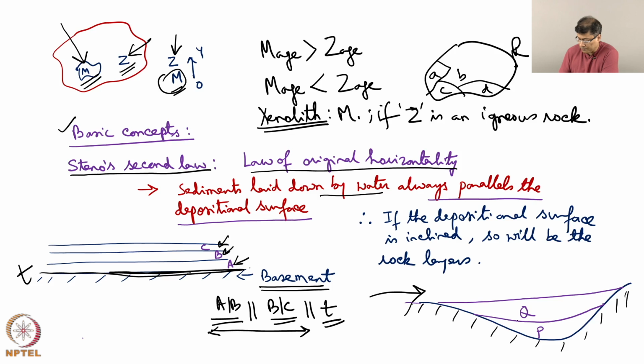We can see here that in this place or in this place the layers are not horizontal because the basement was undulated, and very strictly speaking in these portions the lithological contact between Q and P is not parallel to the basement either. The depositional surface here is a curved surface. So, in one way this is a limitation of Steno's second law, and this is very common. We see such things in the seismic images.